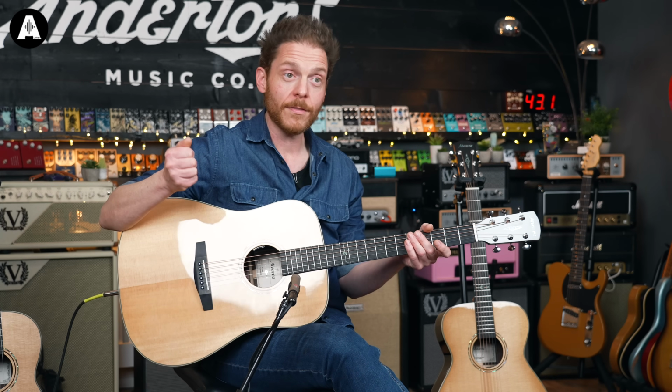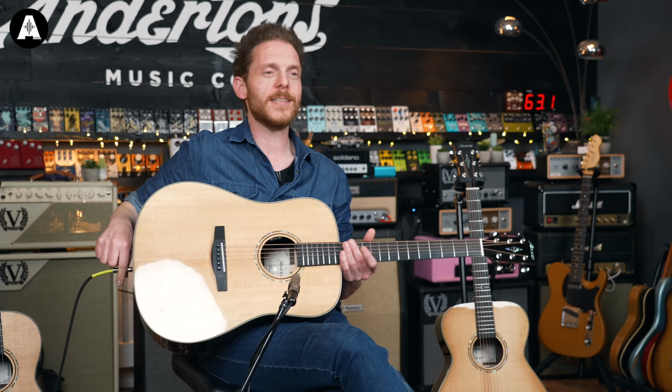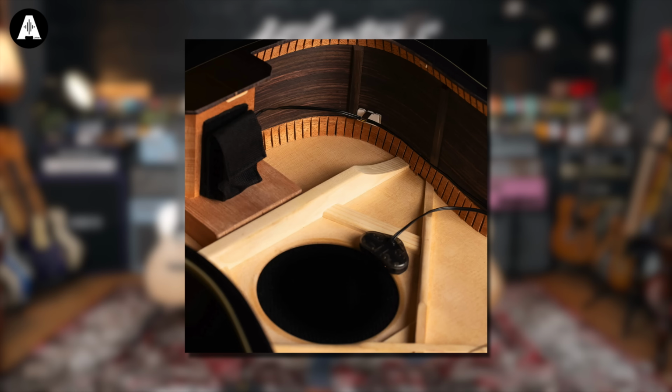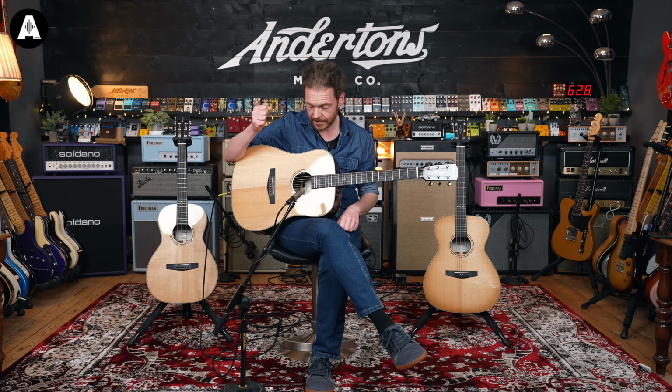Again, because of the woods that they're building these guitars out of, the tops particularly, super fine grade AAA Sitka spruce, the tops are a little bit thinner, which allows them to be a little bit more responsive. Another thing that adds to that responsiveness is the bracing pattern that they're using. So they're using their forward shifted bracing pattern, but the braces themselves are scalloped and hand sanded down, and the grain on them is picked so that even down to the braces, the grain is super straight. All of this adds to the responsiveness and the liveliness of the guitars